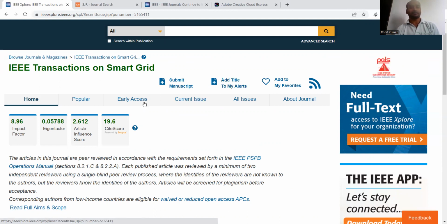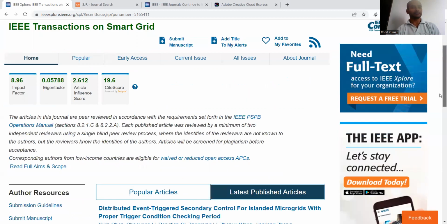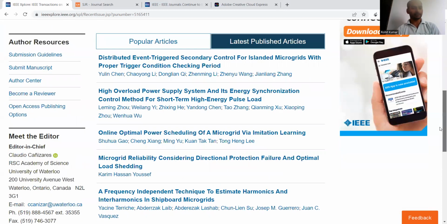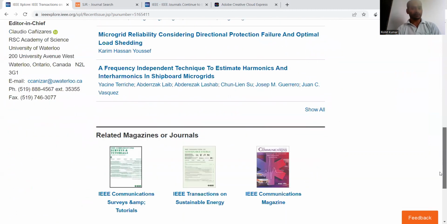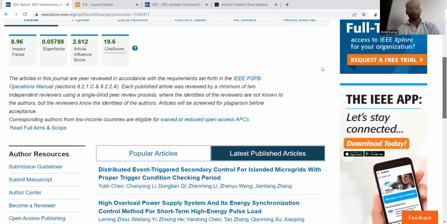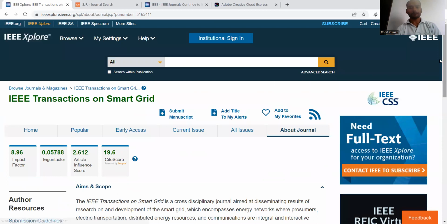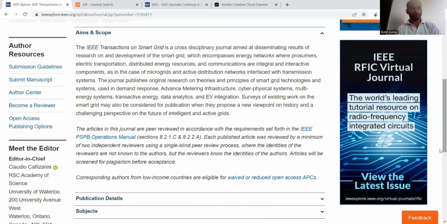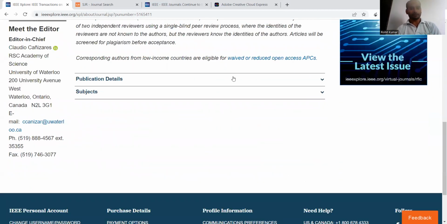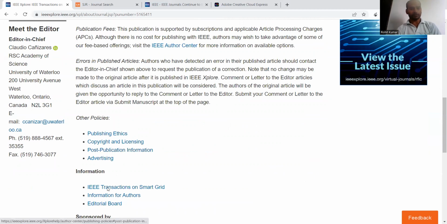And here, if we see the editorial board members, then I think it is provided in the extra information or at the bottom. Oh, in the about journal it will be. So we go in the about journal, and here are the publication related details. So here is the editorial board. Okay, so we'll see the editorial board, and here you can see some of the related board members and their categorization